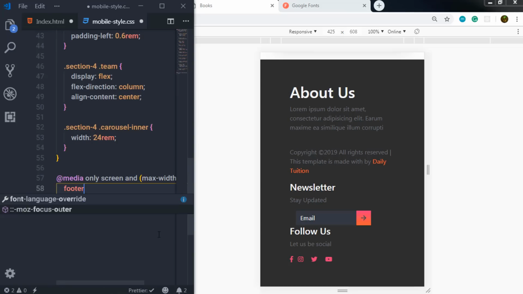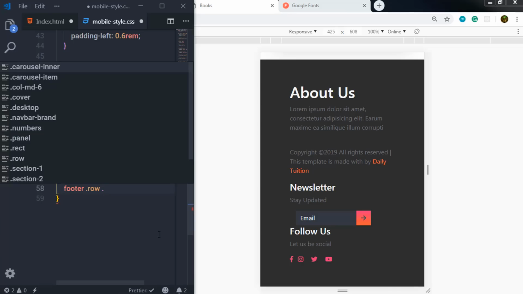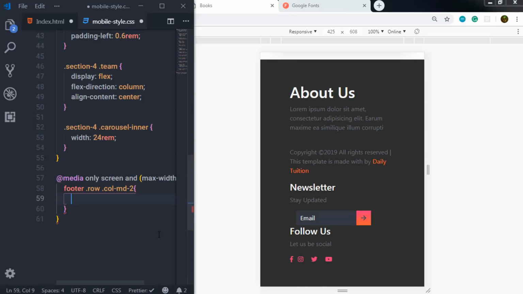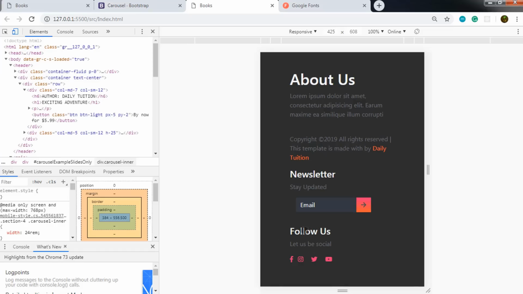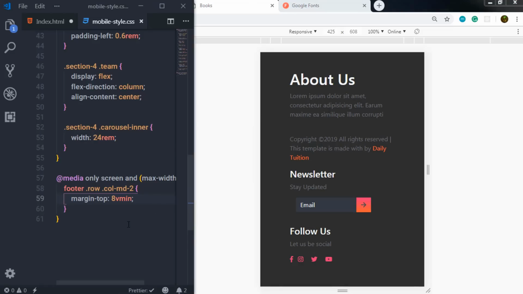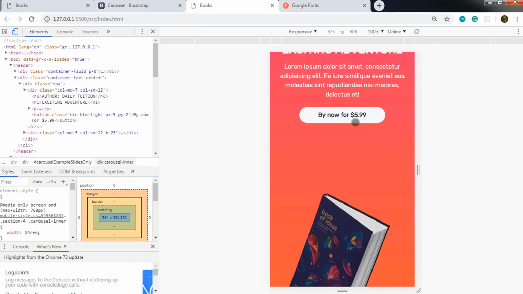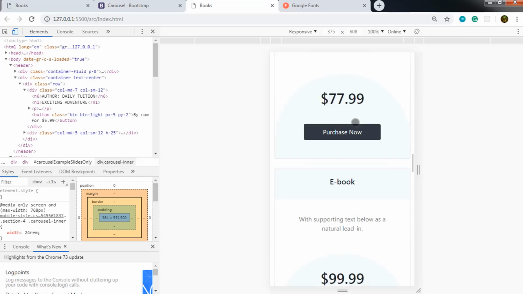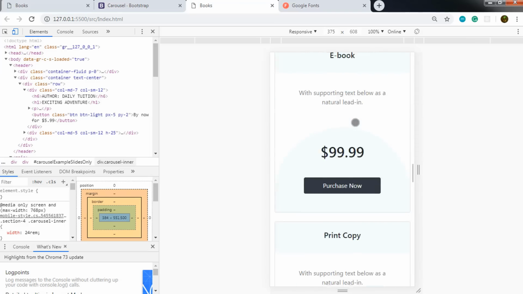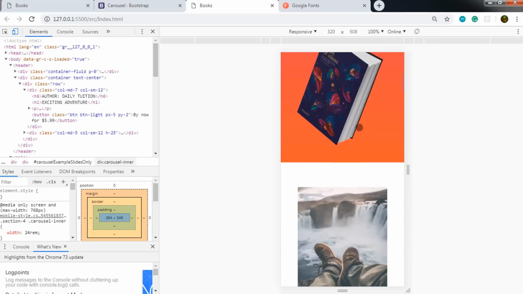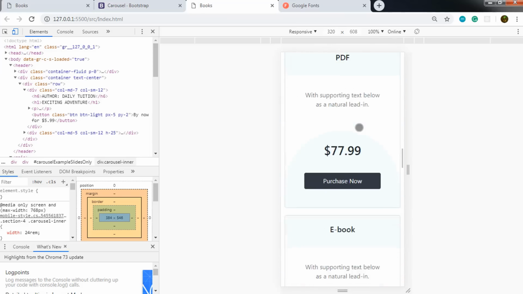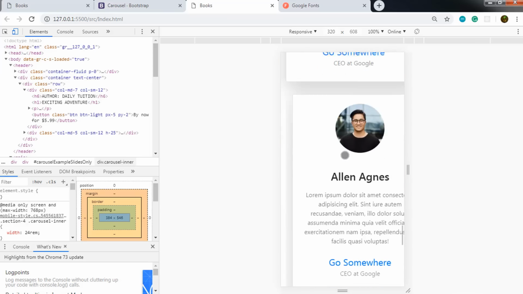So I'm going to say here footer, select the row and select the col md 2 class, and here I will add some margin. So I will say margin top 8 vmin. So this will add some margin here. Now just after that I want to check this website for the medium size of devices. So I will click on this 375 pixel viewport. So you can see this website is responsive for this viewport as well, right? And if you click on this mobile device, then you can see this website is responsive for mobile device as well. But now I want to add some width for this card,